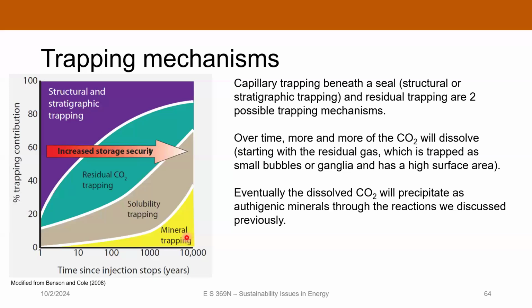Models have shown that over time, after you inject the CO2, it spends a little while trapped, maybe as a residual phase or a dissolved phase, but eventually it will react and precipitate as a mineral. And so the question is how long that process takes. This is an estimate from this classic paper by Benson and Cole from 2008, where they are saying that it's on the order of tens of thousands of years before the mineral trapping actually